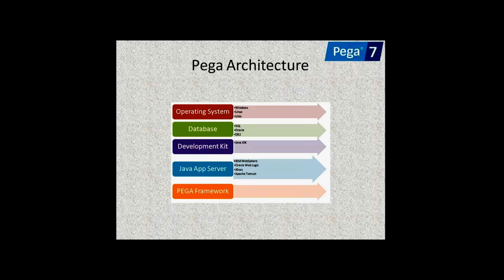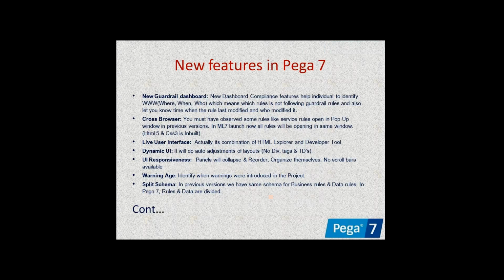Like this, Pega internally contains many frameworks. The most popular framework in Pega is the CPM framework, the CPM healthcare framework, and the rest of the frameworks. They can use any type of framework based on their requirement and the domain they are using, and they can purchase the framework from Pega Systems. Okay, this is the architecture, guys. Under this architecture, we will be developing the applications.